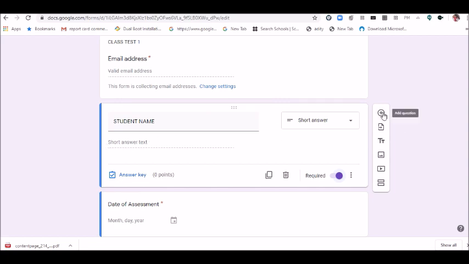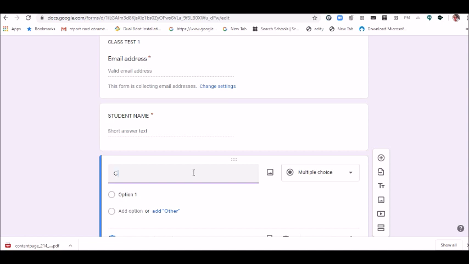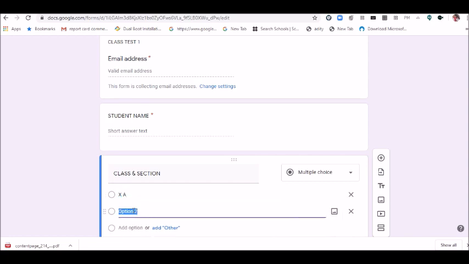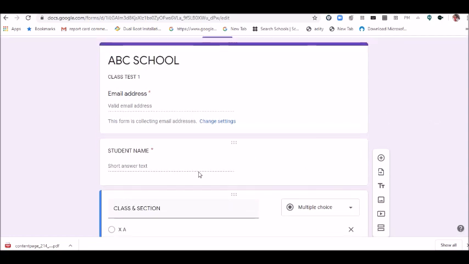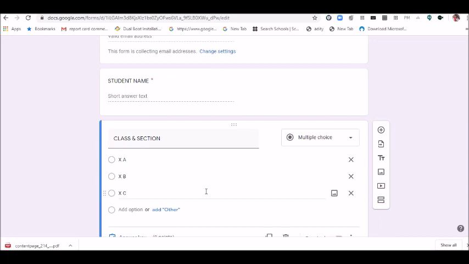I can do the same thing for class and section also. For class and section, I can give a multiple choice option. So for class and section, option 1 is 10th A, option B is 10th B, option C is 10th C. Now this is how you can get the student name and class and section entered.